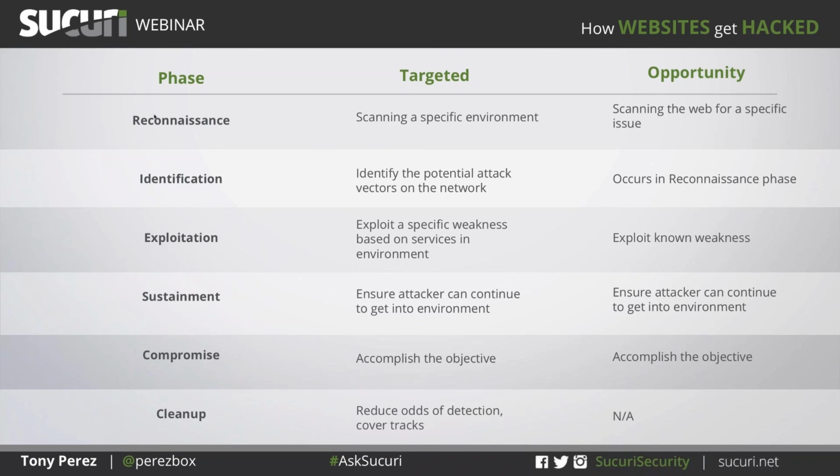A few years ago, it was about doing one objective. These days, on the opportunistic side, it's throw everything in the kitchen sink at the problem and let's just see what sticks, do everything. And then on the cleanup, it's more, not necessarily you as a website owner, but the attacker asking: how do I ensure that I reduce the potential for detection? How do I cover my tracks? That's more the targeted side. We see some of it on the opportunistic side, but very, very seldom. In this instance, we don't care if we get detected. It's just about mass exposure.